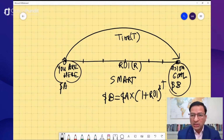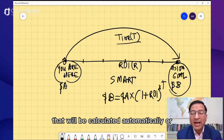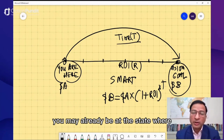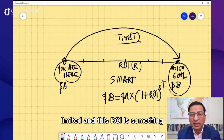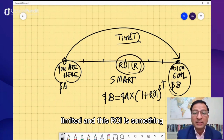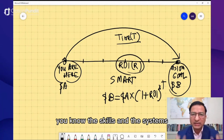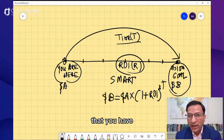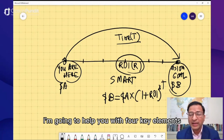And of course, while you want to achieve your vision, the time will be calculated automatically, or you may already be at the state where this time is limited, and this ROI is something which is variable depending upon the skills and the systems that you have. So in this tutorial, particularly as we move through, I'm going to help you with four key elements